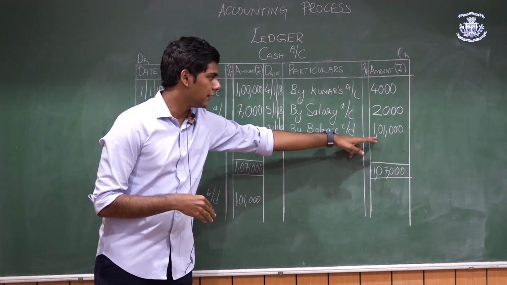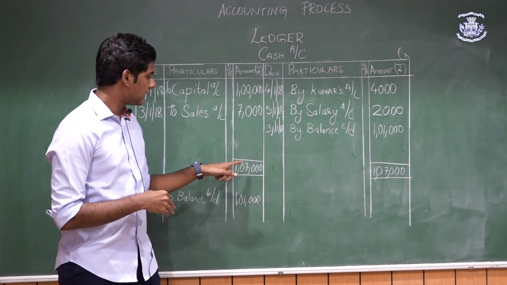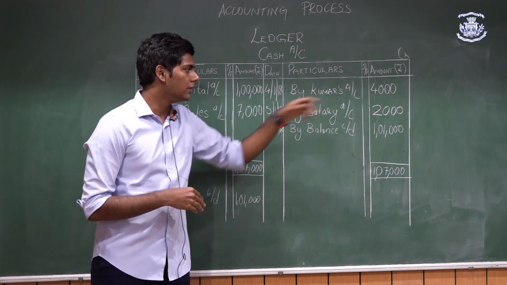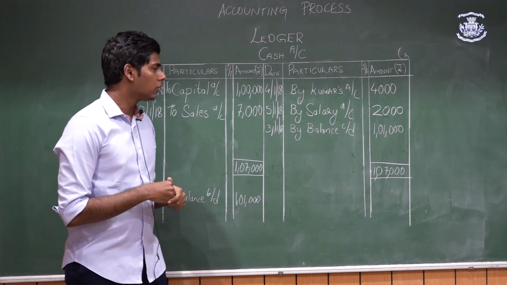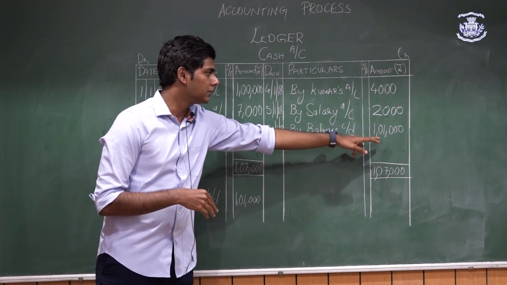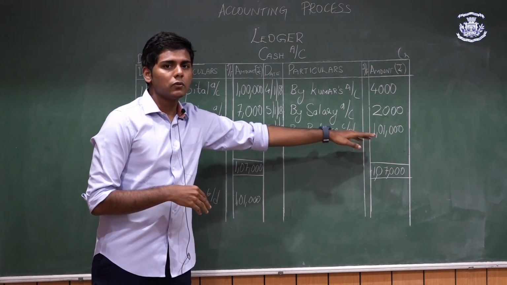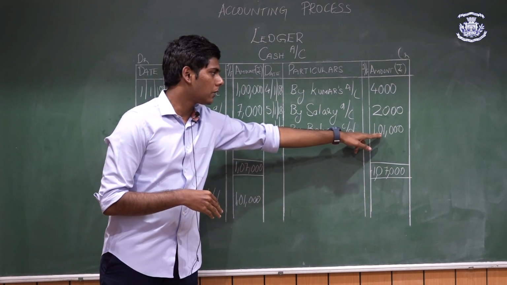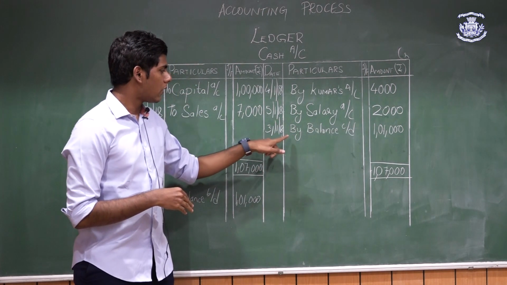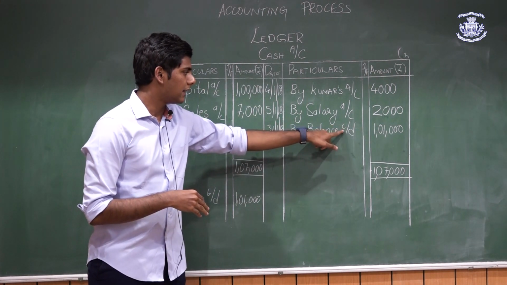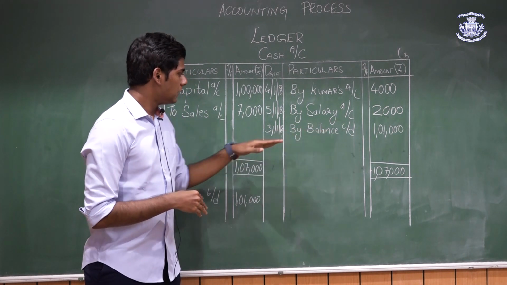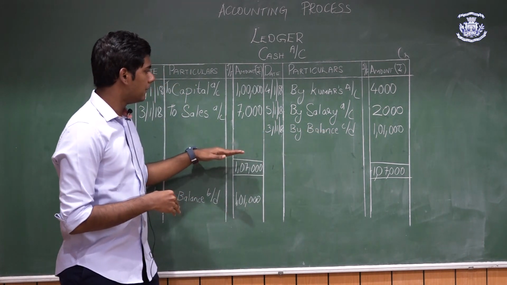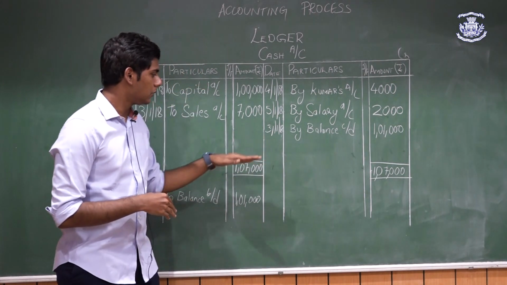our balancing figure. So as we have 1,07,000 on this side and 6,000 on this side, when we subtract both, we will get 1,01,000 on the lesser side. So we will record the balancing figure on the lesser side as 1,01,000 and we will record it as by balance carried down. And then once we do that, both our debit side and our credit side should be equal